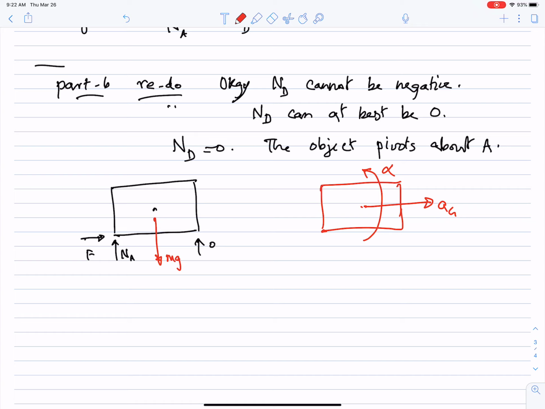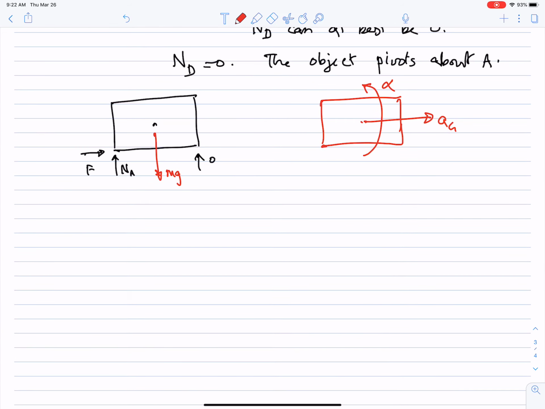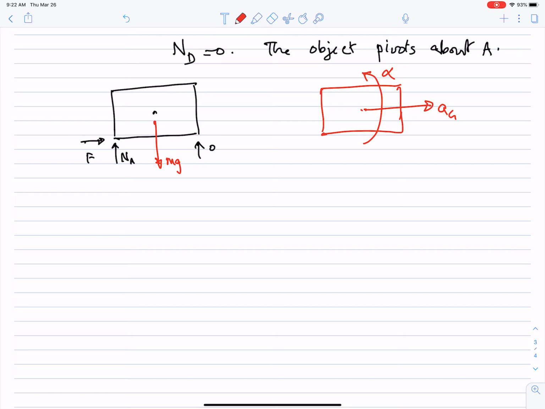When I say pivoting about that point, it's not that that point is fixed in space. It's actually moving forward because the whole thing is accelerating. But essentially, there's an angular acceleration, is really what I mean. Okay. So what do we have? This allows us